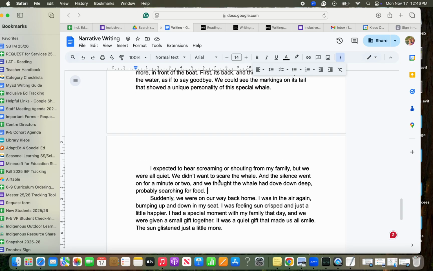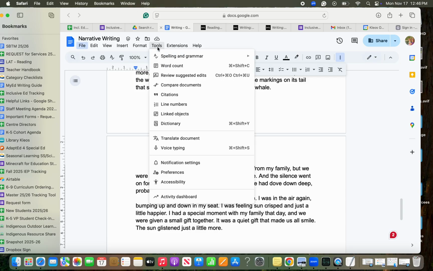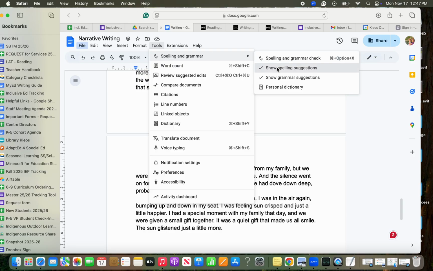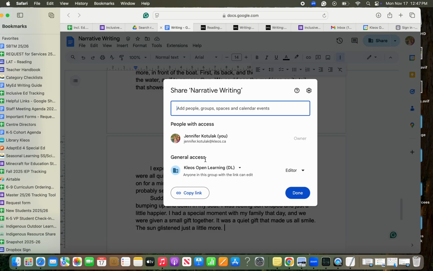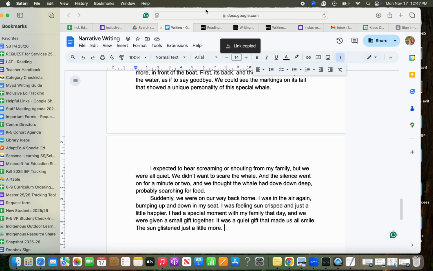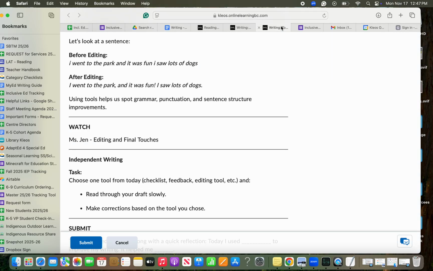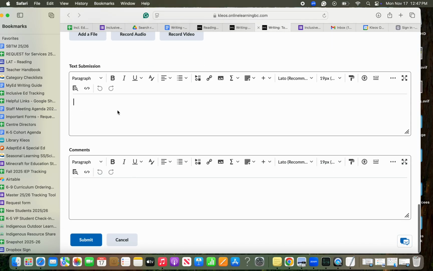Or you could use a tool like reading it out loud. You could use spell check on the here, but it is already showing them, so you could try this one. And then you just hand it in, the last one. You could remember you could share it. Anyone who can open it, yeah, copy link, and you can just paste that right into the here,